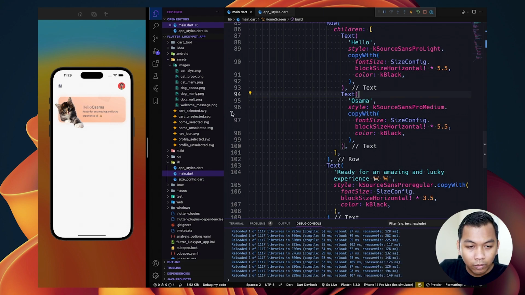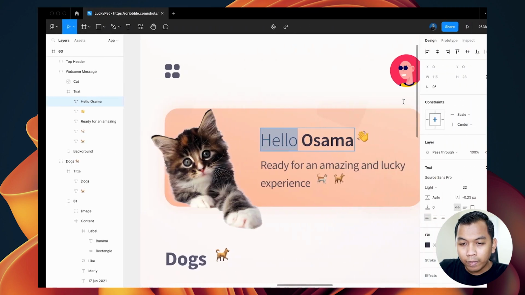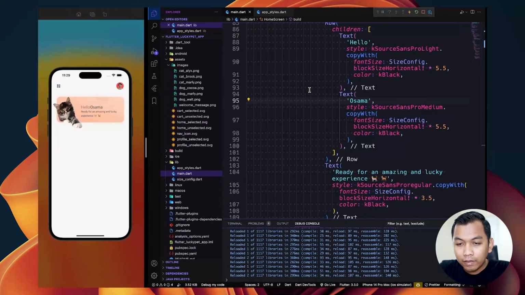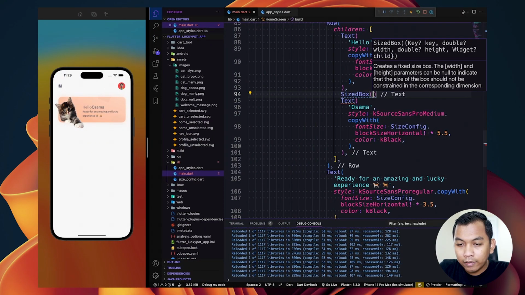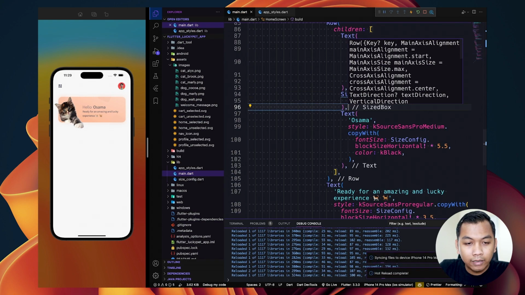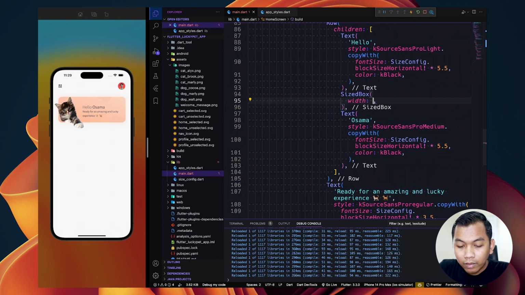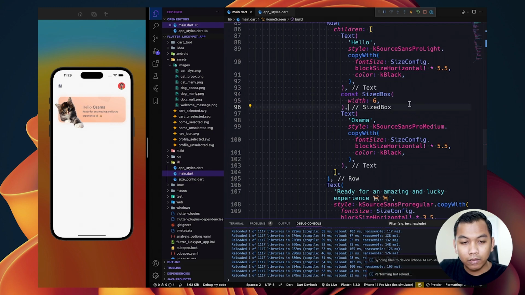Looks like this. But we need to give something like a size box here. So let's say it must be 8, I think, or just 4. I think 6. All right, looks like this.